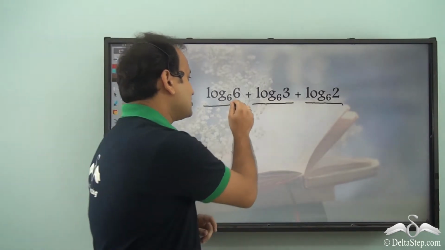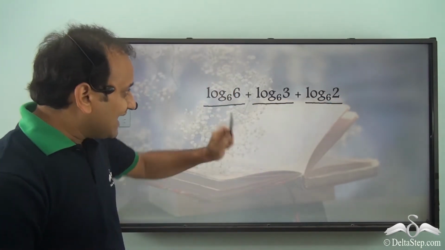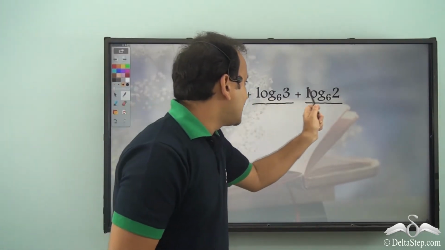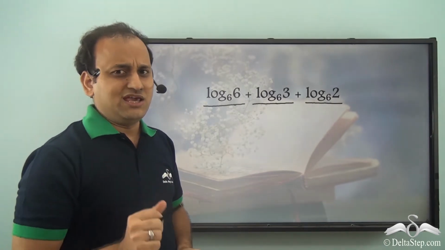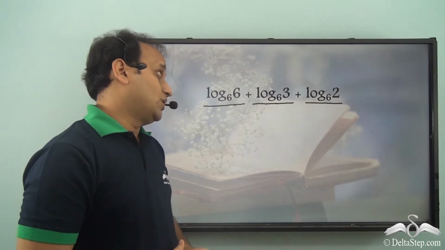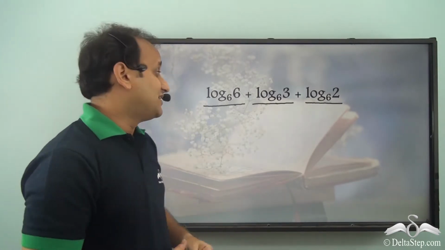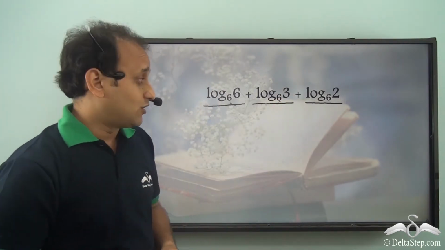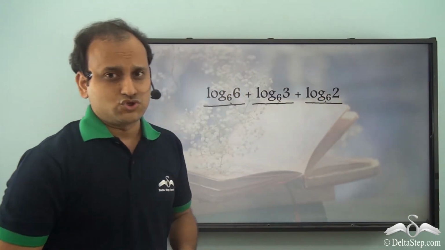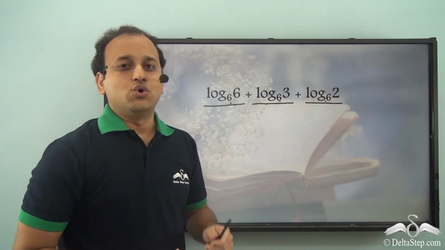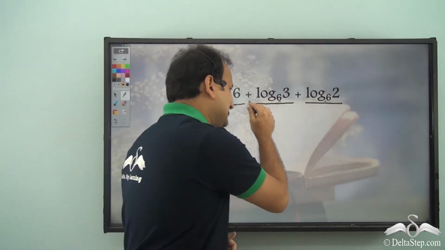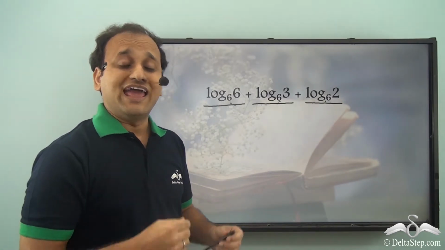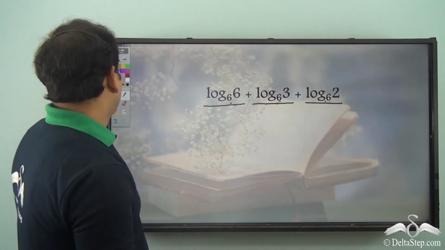That means he needed to add all these 3. Now again, these 3 have the same base and different arguments. So he could have applied product law, but what he knew from the product law is that there are only 2 particular parts of the product law, but here we have 3. So he confirmed with Shyam, who said that yes, even for these 3 he can apply the product law, because the product law stands for any number of products.